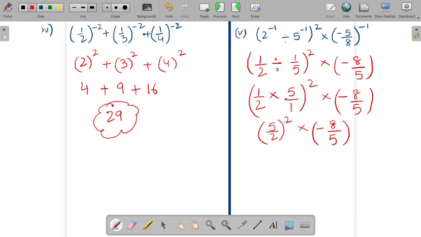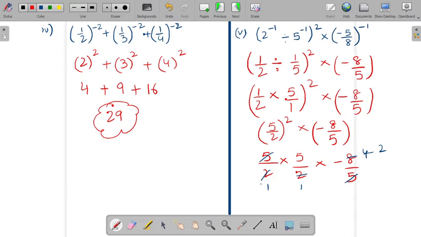Now 5 by 2, you can write it 2 times so that the cancellation will become easy for you. Now what should be the next step? What will happen? Cancel the term. This will go, and 2, 4, and here you will get 2. So the final answer, what should be the final answer now?